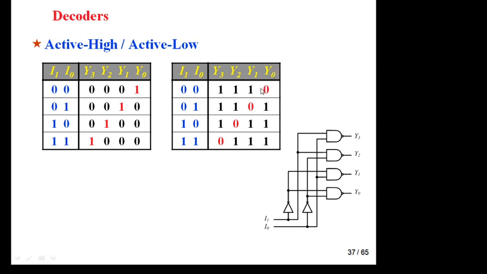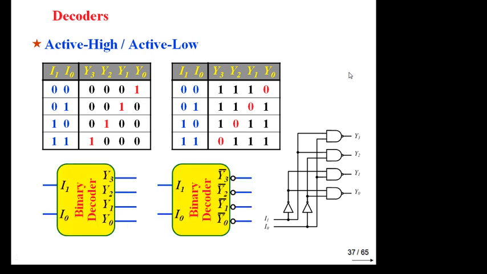Now you are getting diagonally 0. In case of active high, you are getting diagonally 1. What you have to do, just replace 0 by 1 and 1 by 0. So replace 0 0 0, this is 1 1 1, and this 1 by 0. This is your circuit. In case of active low signal, you will get bubbled output: y3 bar, y2 bar, y1 bar and y0 bar.